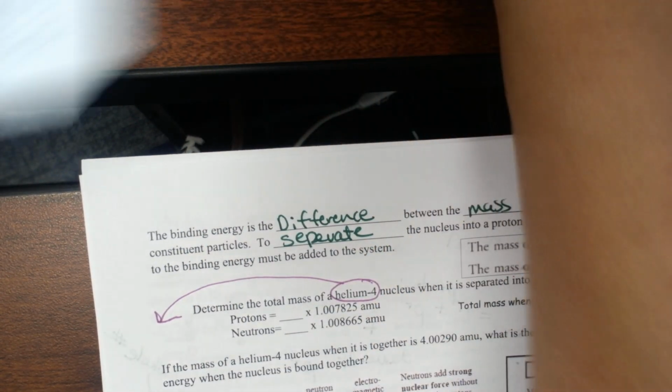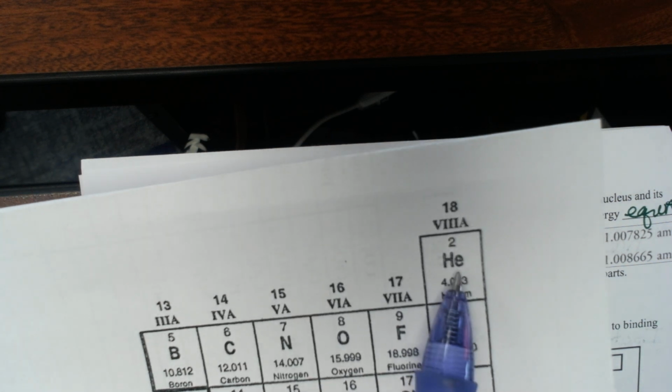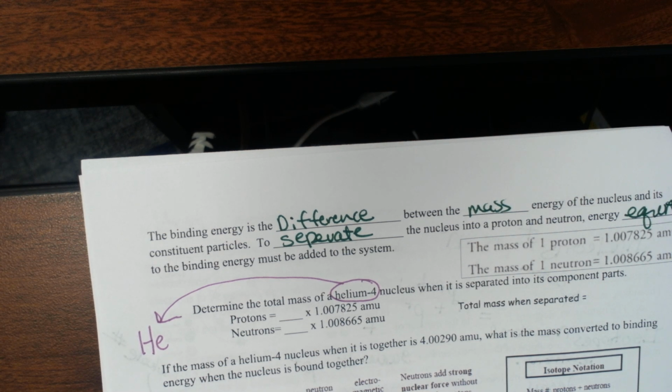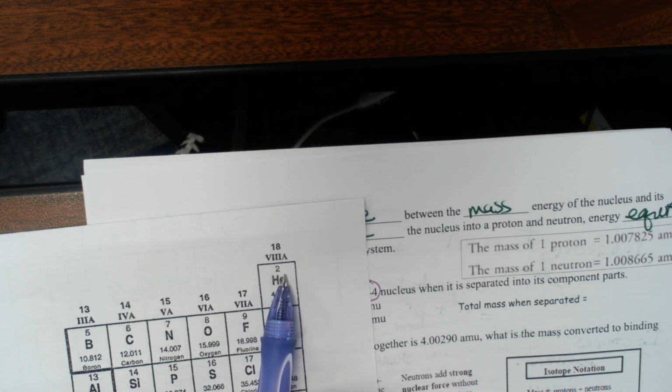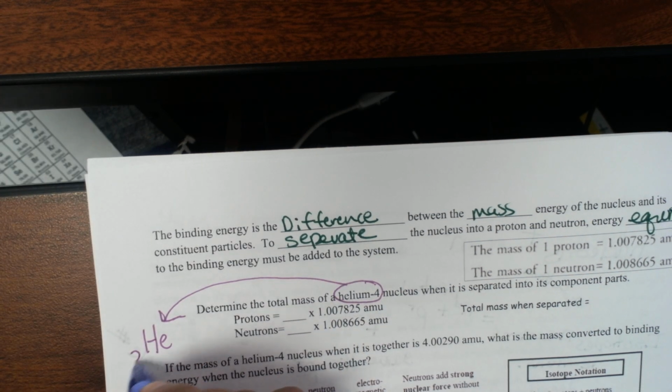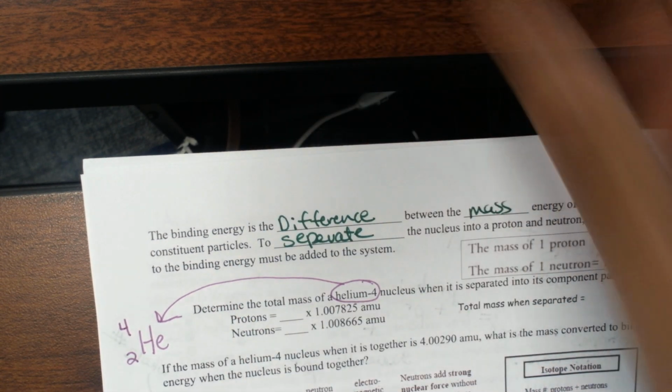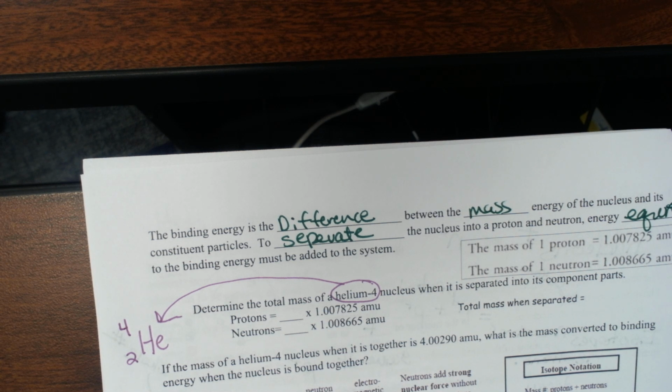Okay, helium, going to the periodic table, here he is, He, helium. And coming over here to the periodic table, the atomic number of 2, which is never, ever going to change, we're going to write that at the bottom, 2. But they told me this helium has a mass number of 4. So if the question says, write the isotope of helium-4, you would write it like that. The mass number goes on the top, right? And the atomic number, which is just the proton number, still goes at the bottom. And then we would write the helium. I just wanted to make sure we're all on the same page.